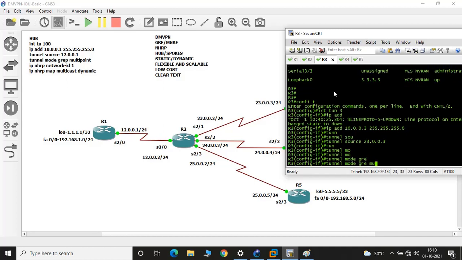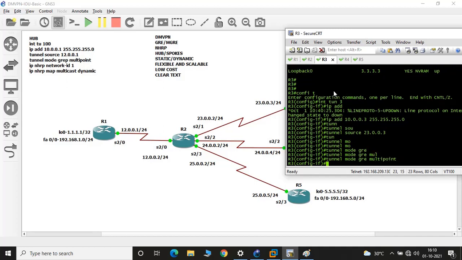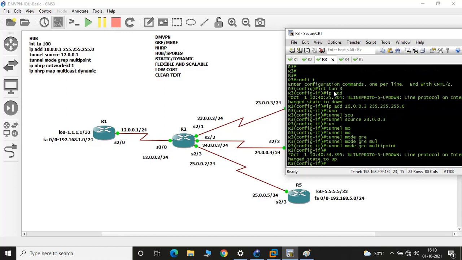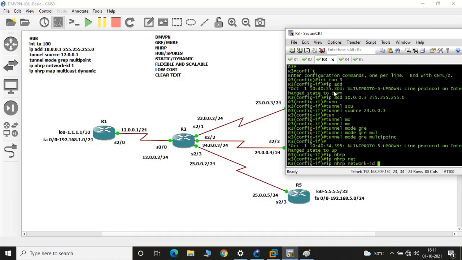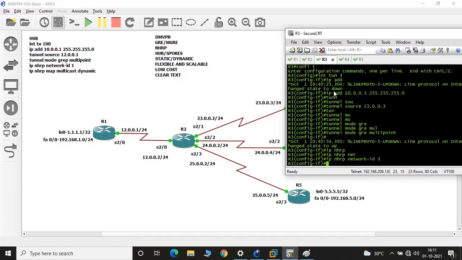Tunnel mode should be GRE multi-point. If I would have given the tunnel destination command here, it would have worked as a point-to-point tunnel, but we are doing this for point to multi-point, so you should use tunnel mode GRE multi-point. Let's enable our NHRP commands.